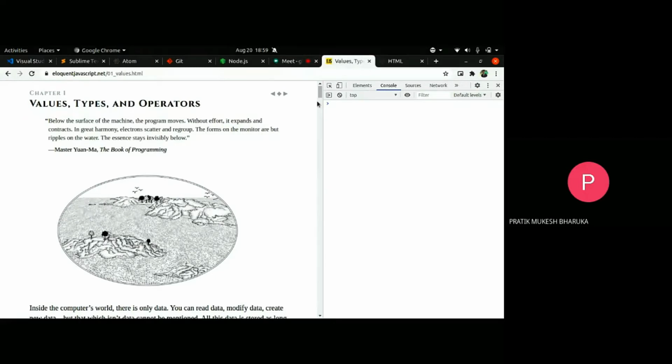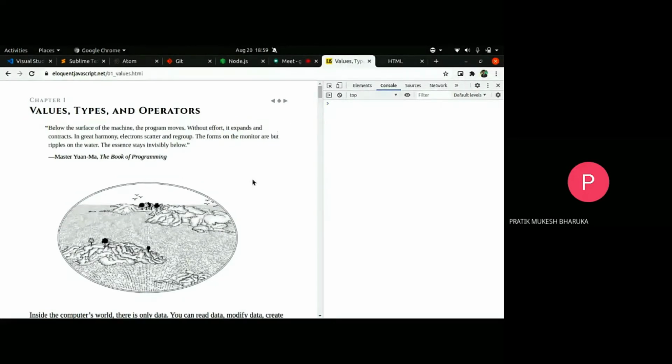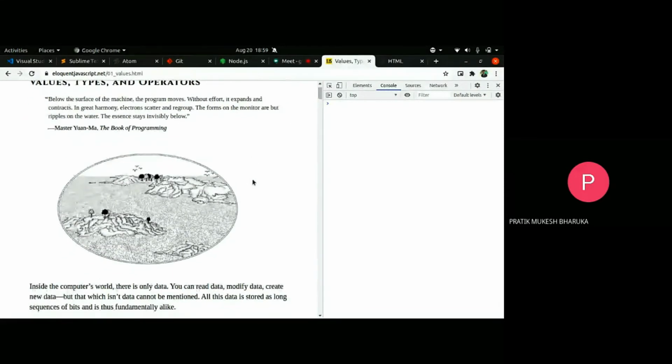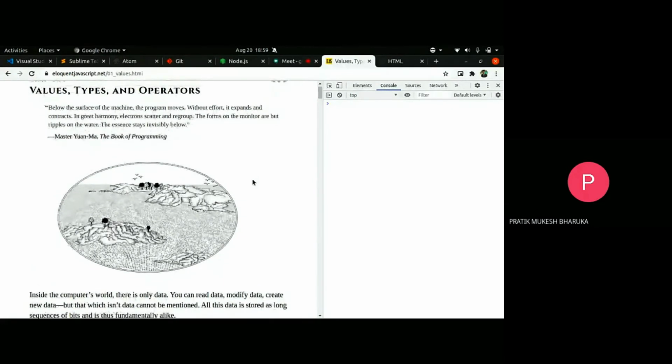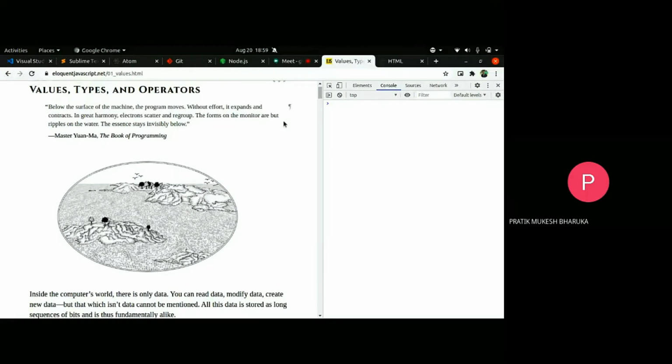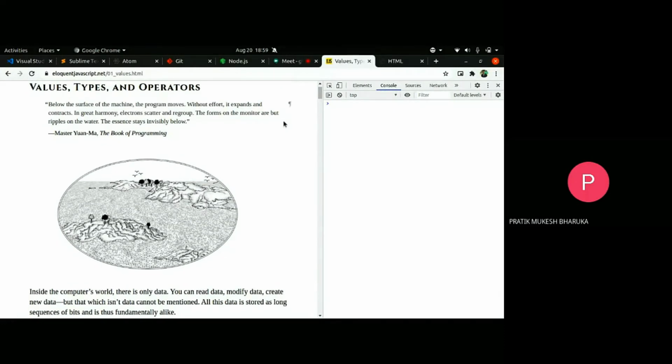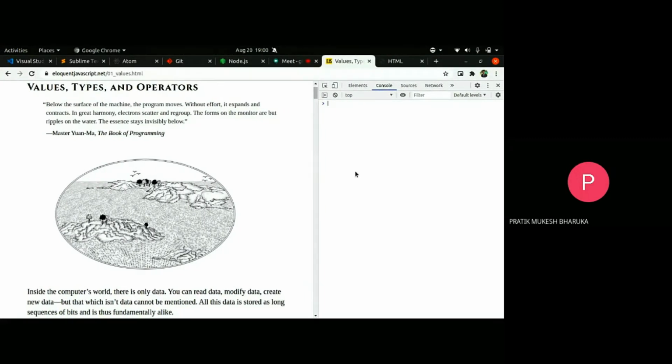Before you guys proceed, the console is a really important thing, so we are giving you an overview. In the whole project, if you face any errors, they will show up in your console tab. The console works very similar to your terminal, but in JavaScript it is very handy because you have your website next to you, so you can check where your errors are coming from and sort them out.